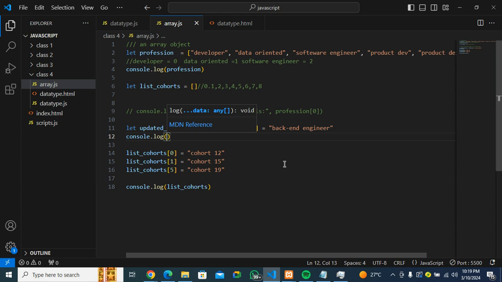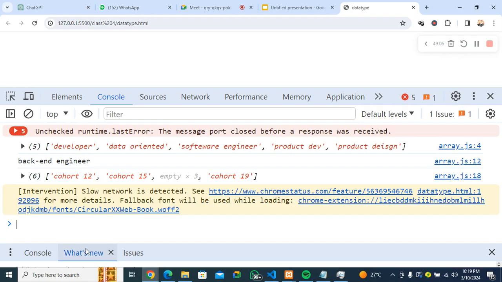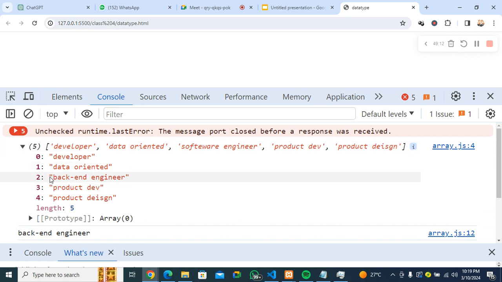All right. So what we are going to do here is update, right? Let's print the updates and see what's going to happen. You notice that in that update we are having the word backend engineer. So backend engineer has been added